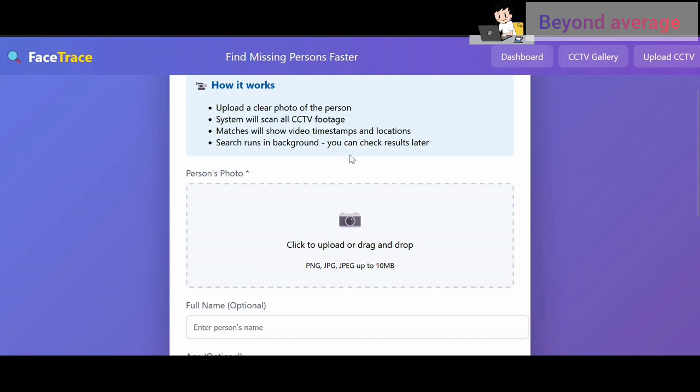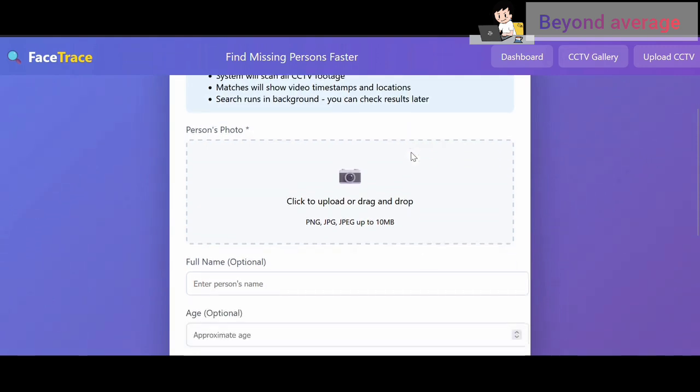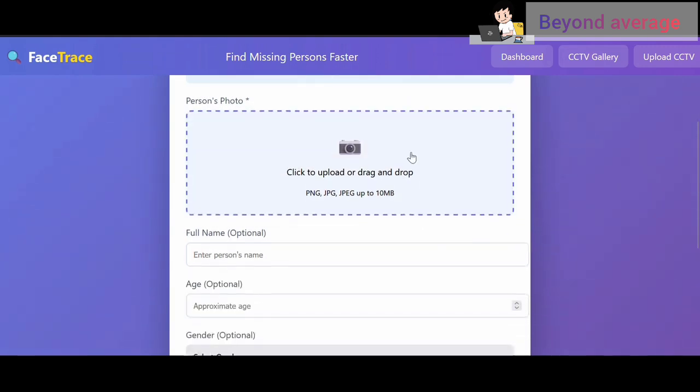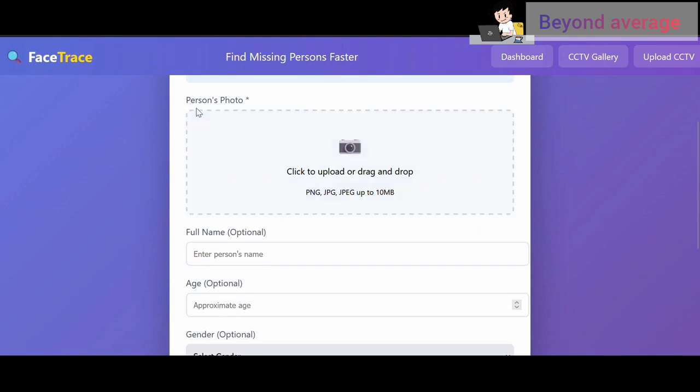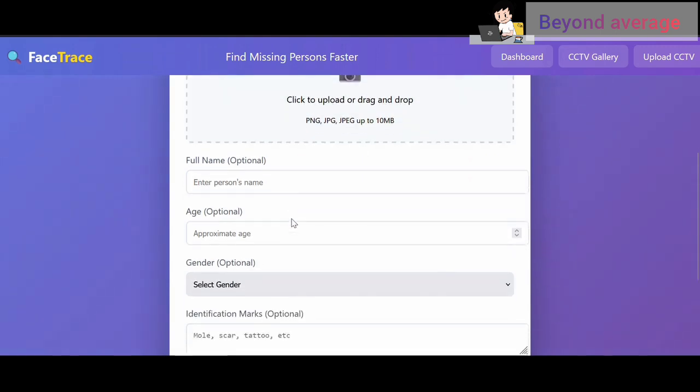Along with the detected frame, the system also displays the timestamp and the CCTV locations, allowing the administrator to know exactly where and when the person appeared. And I use a CSV file for locations. So if no matching face is found after processing the complete video, the application simply displays a no match found